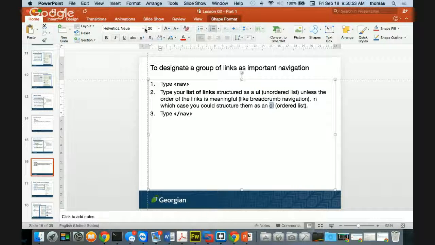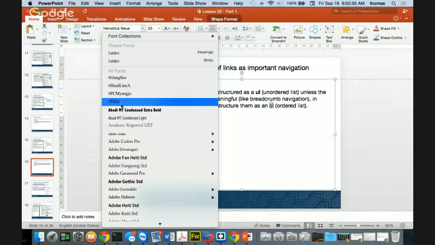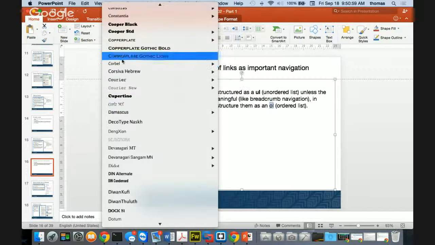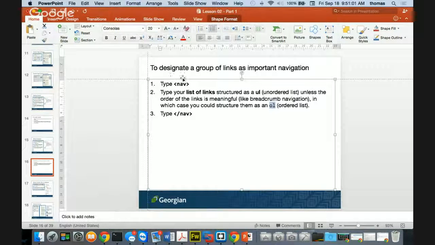I should probably tag this a little differently. I always forget to do this kind of stuff in my PowerPoints, but hey. An ordered list, you can use one of the two, but I don't recommend an ordered list. I highly recommend an unordered list for all your navigation. That way, it's a bulleted list that we can get rid of, because an ordered list in this particular